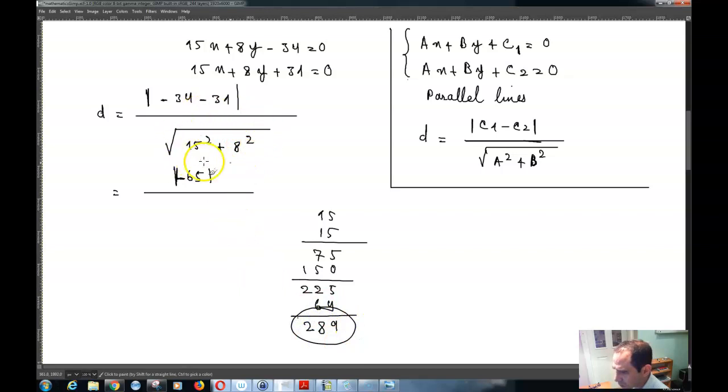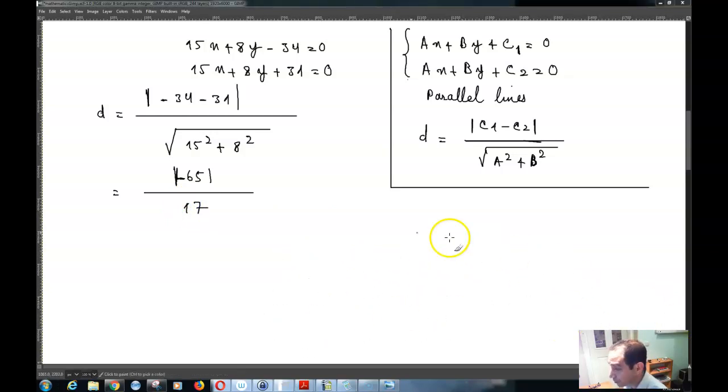So this is the square root of 289, and the square root of 289 is equal to 17. I think so. The square root of 289 is equal to 17. So this is equal to 17, and